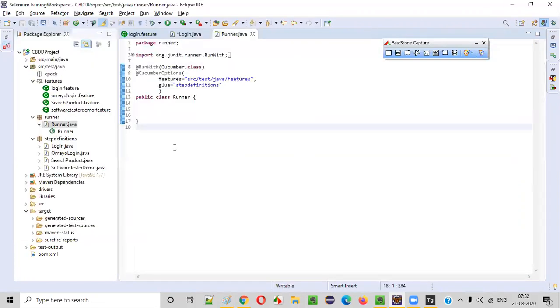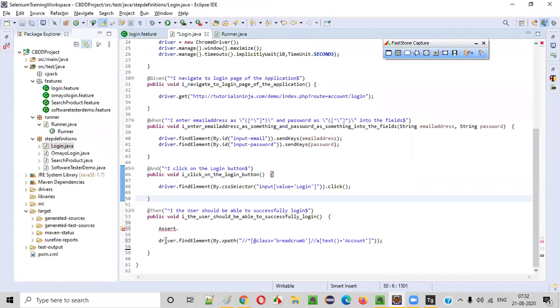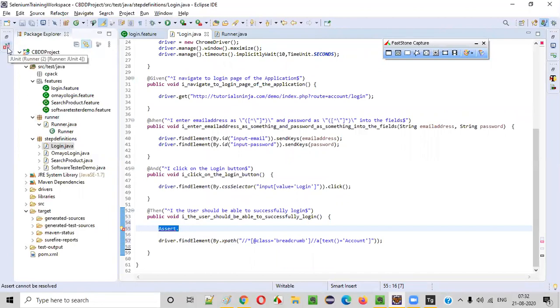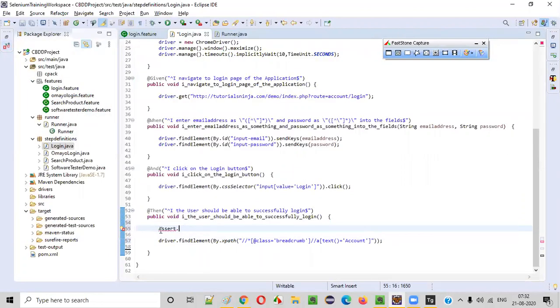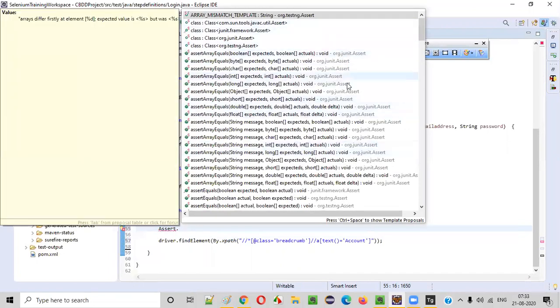Fine. So in this kind of situation, what kind of assertions do I have to provide, guys? I should not be writing TestNG assertions. If you write TestNG assertions, they will not fail the JUnit test. You'll be able to write the TestNG assertions here, but they will not fail the JUnit test. If you want to see something failing here with the help of assertions, you should write assert dot. You have to select the assertions from JUnit, guys, not TestNG. Here both TestNG and JUnit assertions are there. Since you are seeing the results in JUnit, for now you have to use JUnit assertions.